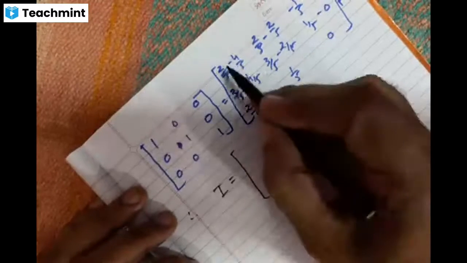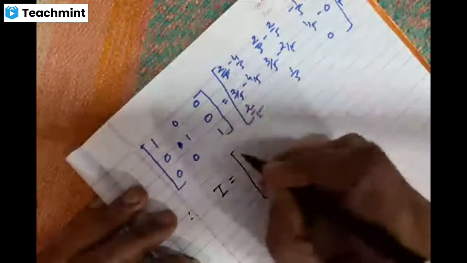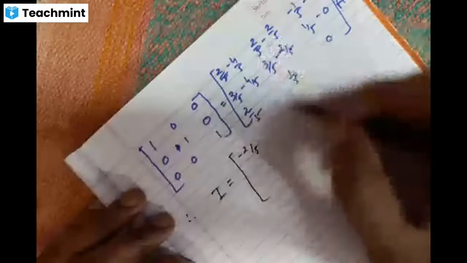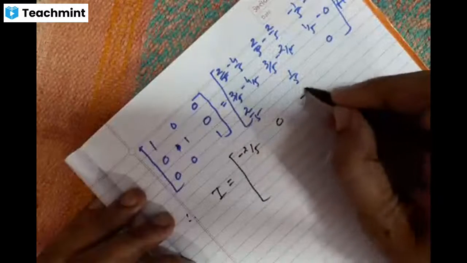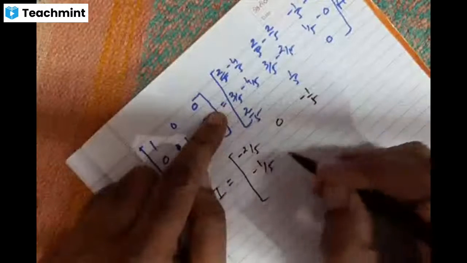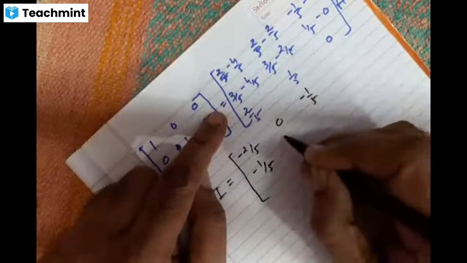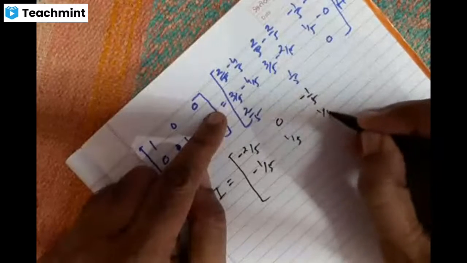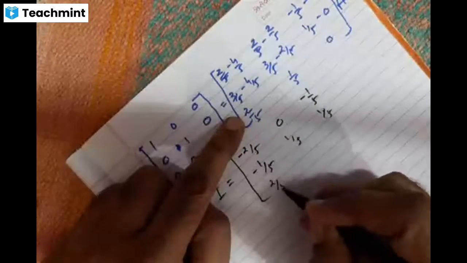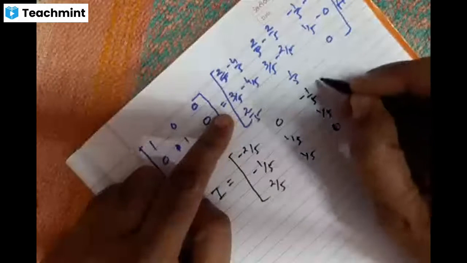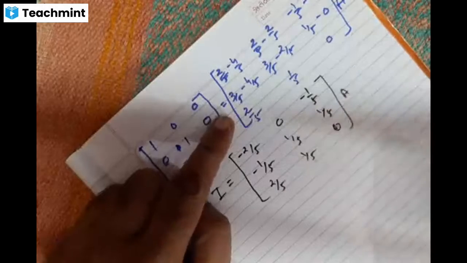right? Now 2 by 5 minus 4 by 5, so it is minus 2 by 5. 2 by 5 minus 2 by 5 is 0. Now this is minus 1 upon 5: 3 by 5 minus 4 by 5 is minus 1 upon 5. This is plus 1 upon 5, 3 minus 2, this is simply 1 upon 5. And the third row as it is: 2 by 5, 1 upon 5, 0 into A. Is that clear?